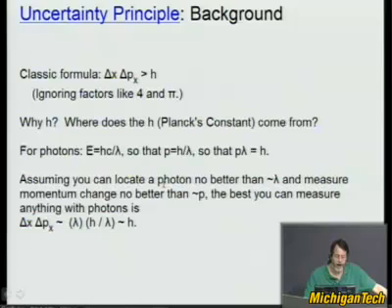Okay, so I will typically ignore factors like 4 and pi because it's not easy for my presentation software to include them without significant work. So I will say order of magnitude h, which is Planck's constant. Planck was one of the first people to really think about concepts like this. Being an order of magnitude person, 4s and pi's don't usually bother me. I like concepts and things like that.